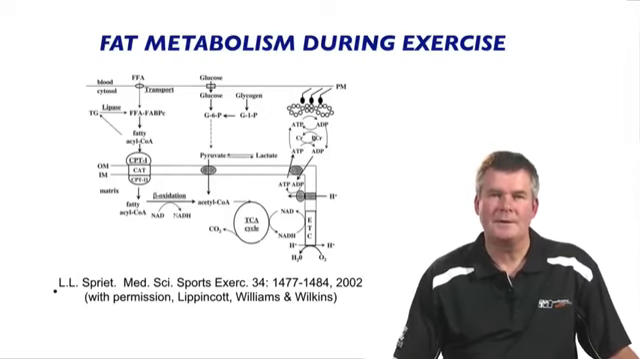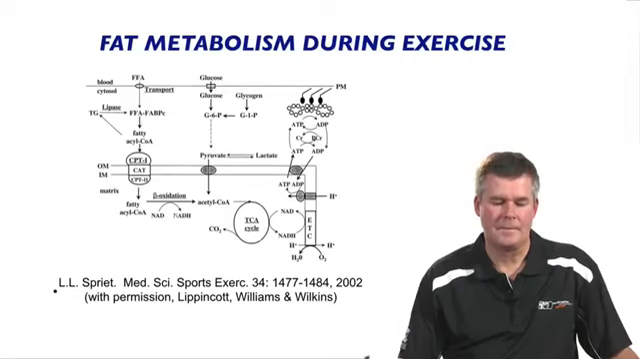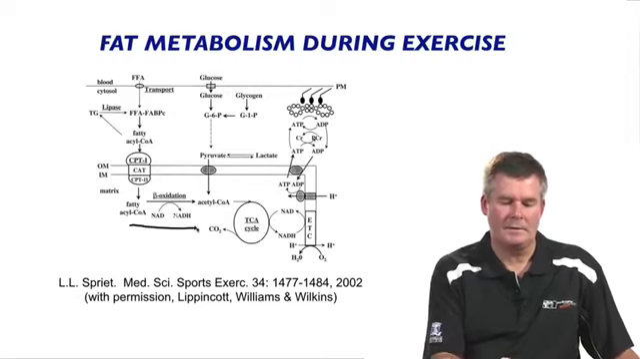The fatty acids from outside the muscle first of all have to cross the sarcolemma, or the plasma membrane of the muscle. They have to then diffuse through the cytosol, cross the mitochondrial membrane before they're oxidized within the mitochondria. The breakdown or the conversion